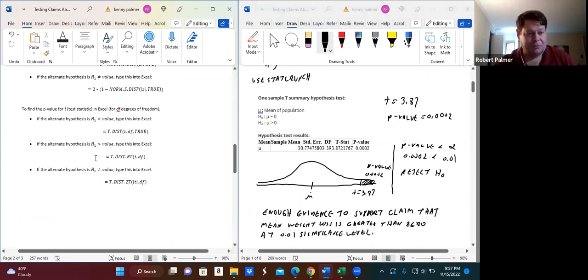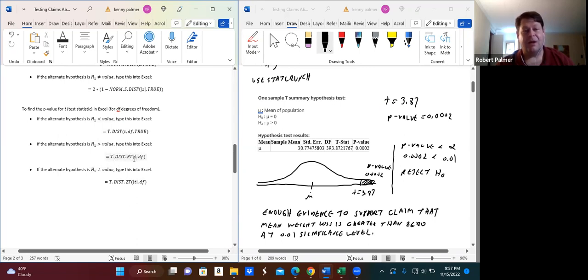Let's do that. So the way this is grouped is to find the p-value for the t test statistic in Excel. If you have df degrees of freedom, remember degrees of freedom is your sample size minus 1. Then it gives 3 cases. Your alternate hypothesis is less than a number, greater than a number, or not equal to a number. So in this case, it's greater than a number. We're going to use this statement here,